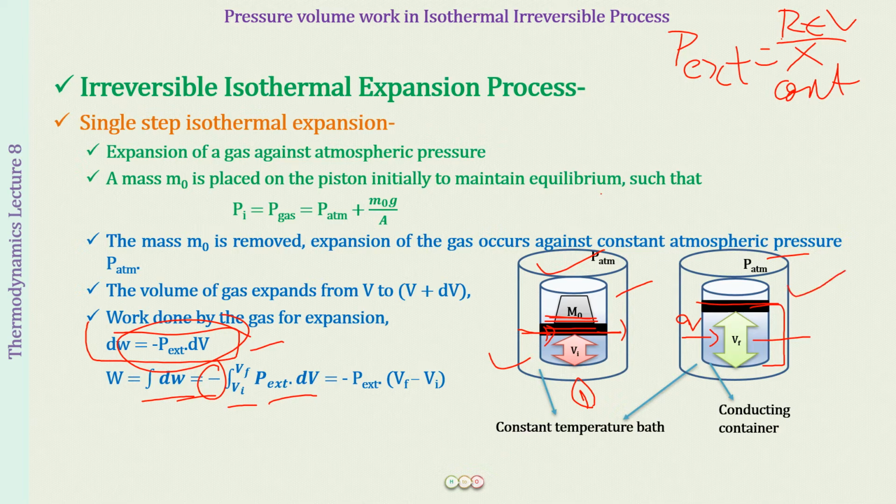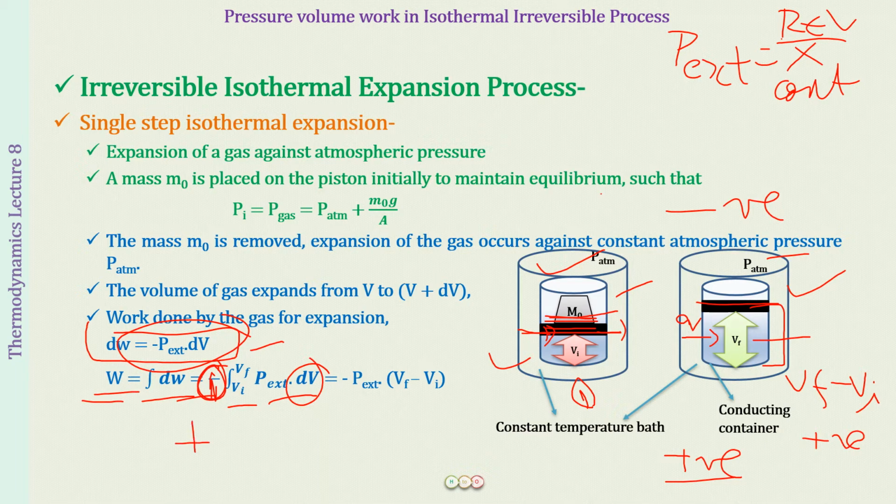Here we have work done by the system. So work done is going to be negative. But if this negative sign would not have been here, the change in volume, Vf minus V initial, would have been positive, because the initial volume is going to be less than the final volume, right? So Vf minus Vi is positive. If we did not put this negative sign in front, the work done would have come out positive, which would not be in accordance with the sign convention. That is why we put the negative sign over here.